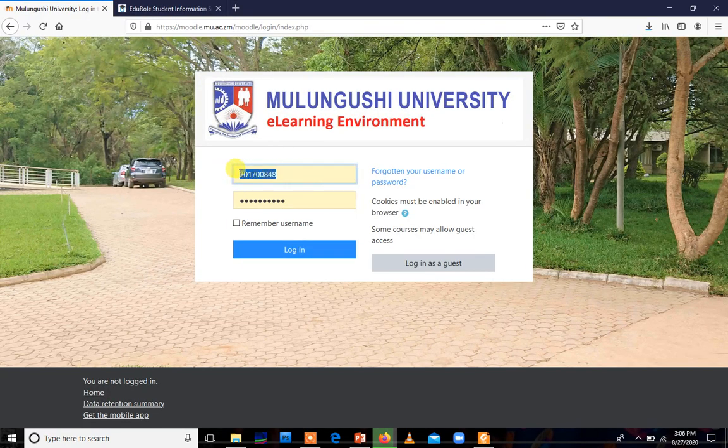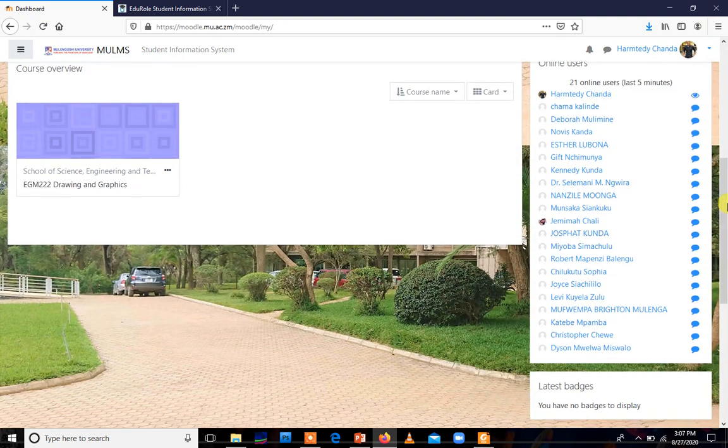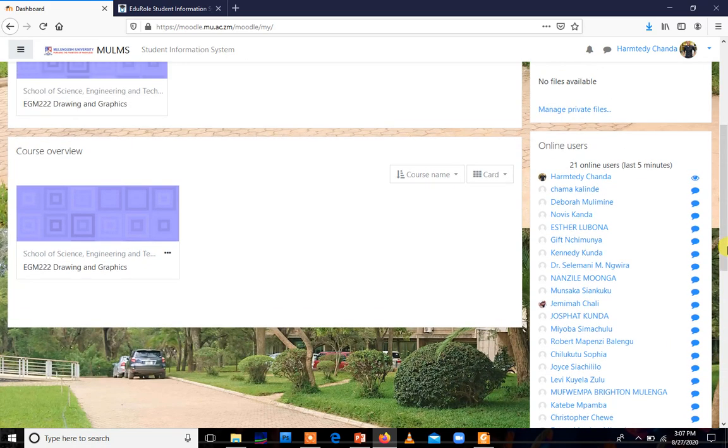You can see that's my student number. Then there is the password there, which I cannot show you. Yeah, so once you do that, you click on login. So normally the password and your student number, I'm sure you know them. When you have finished with all the applications, you're going to be given the student number and the password. So you can see this is my page for Moodle. Yeah, and then after this you can see it's even showing the people that are online this side. You can even chat with them just from here.